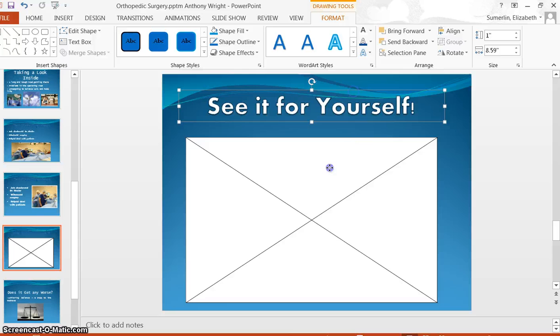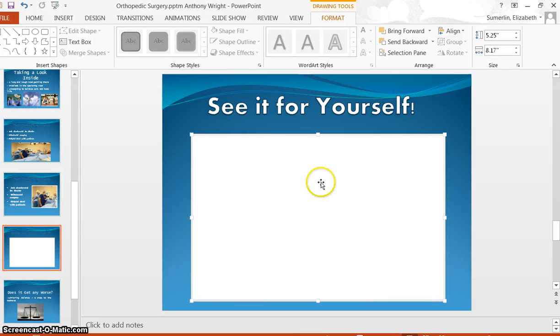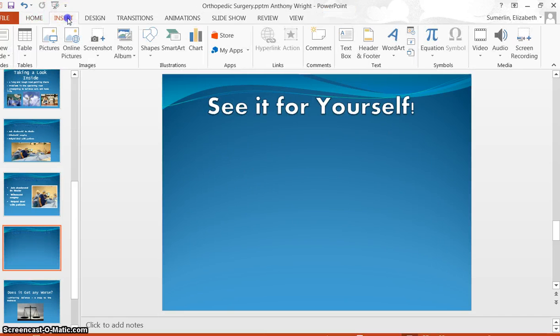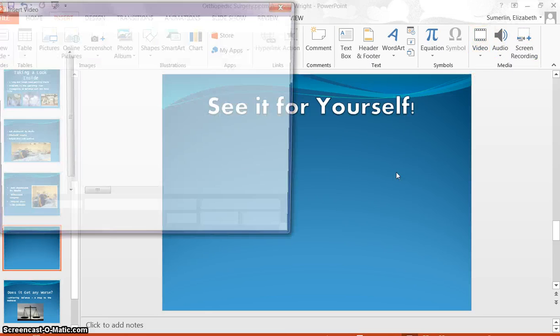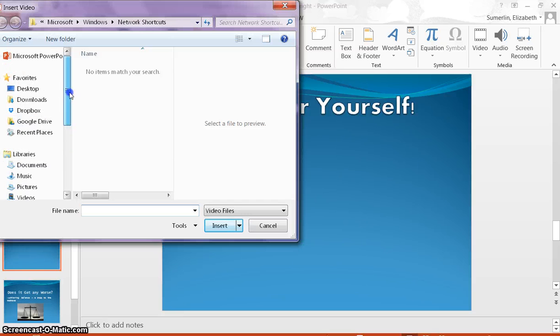Move that up a little bit. This is the big X of death. Now, this is easy to fix. All you have to do is click on it. Well, I'm probably going to just want to delete it at this point. You need to go to Insert, Video, Video on my PC, and then you'll have to find where you've loaded